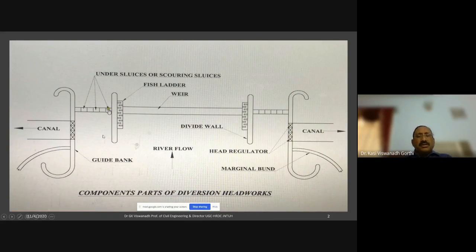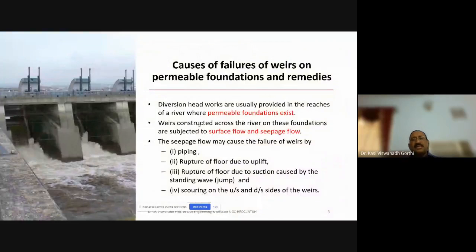Apart from that, we try to see silt controlling measures also. When the water is entering the canal, we try to see that almost clear water should enter the canal, and what devices are used, we will see. Causes of failures of weirs on permeable foundations and what the remedies for these weirs are. If you see here,